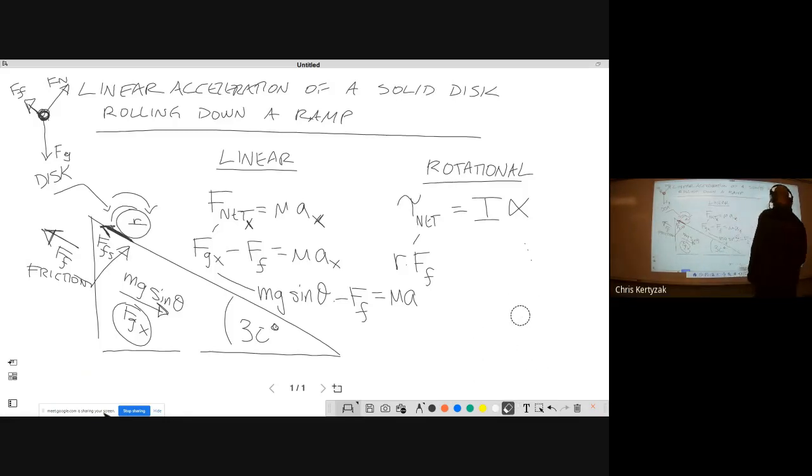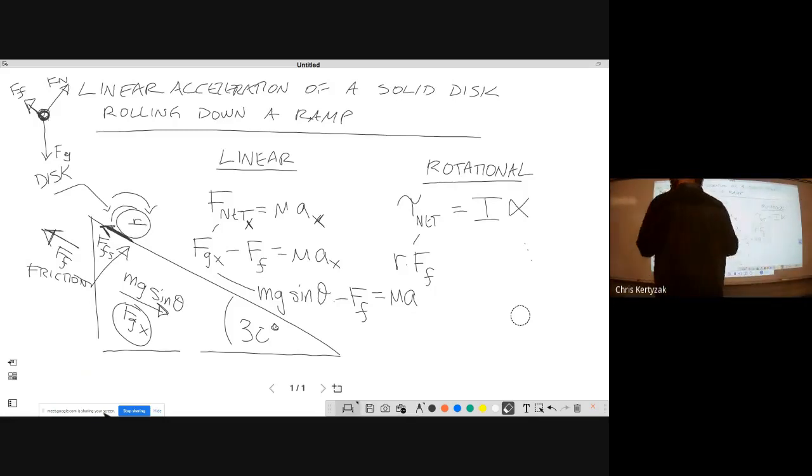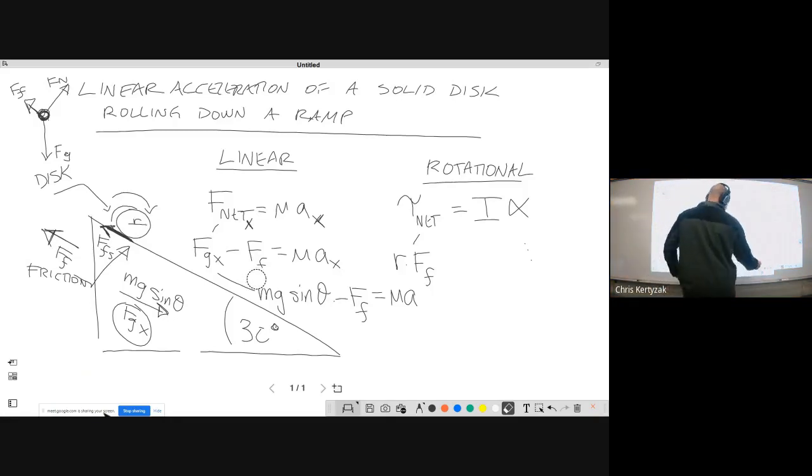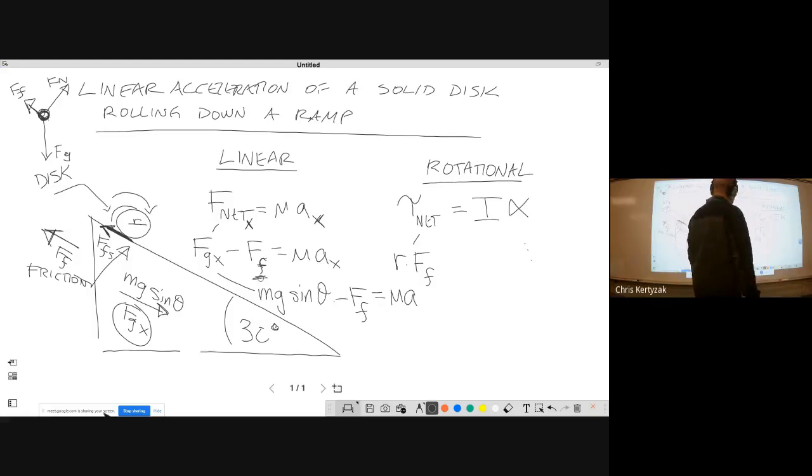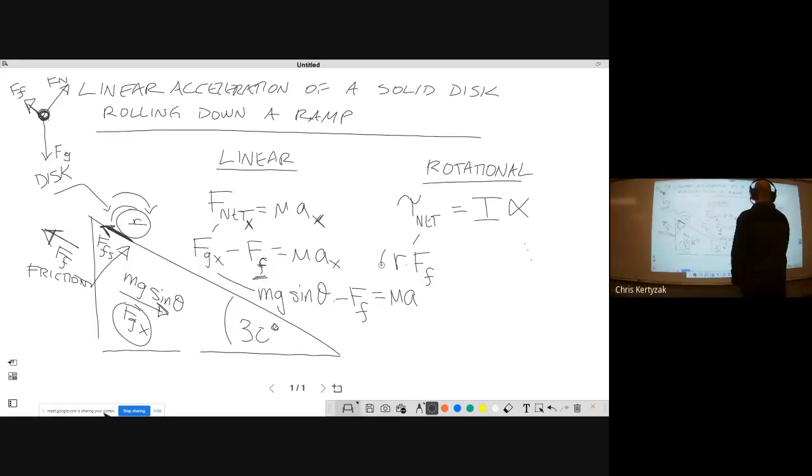I'm not bothering with writing it as mu mg cos theta. I know that because I left just the frictional force expressed as simply FF over here. I'm going to do that because that's actually going to be the thing that I substitute away. So it's not necessary to continue expressing it with more detail. I'm going to leave it as FF. Right, this is again the torque due to friction